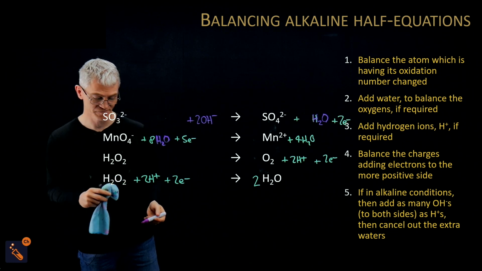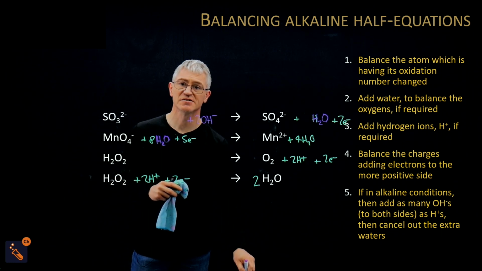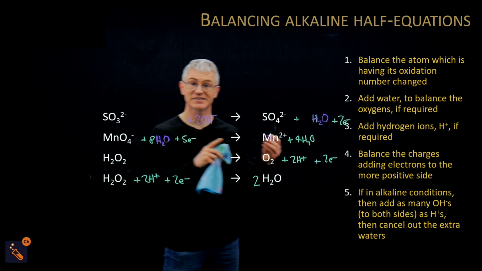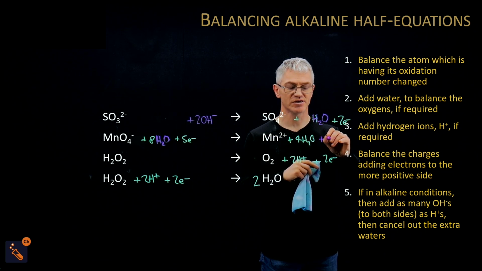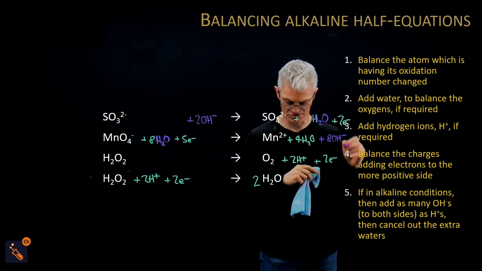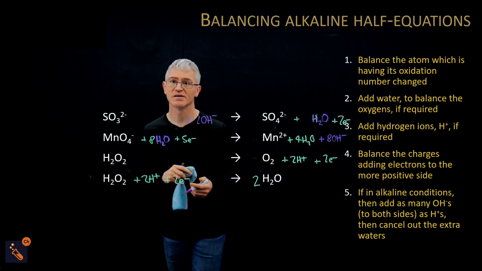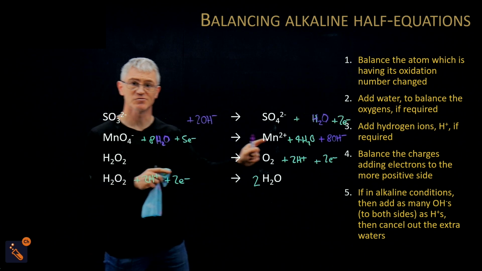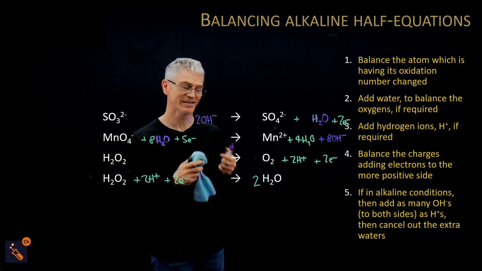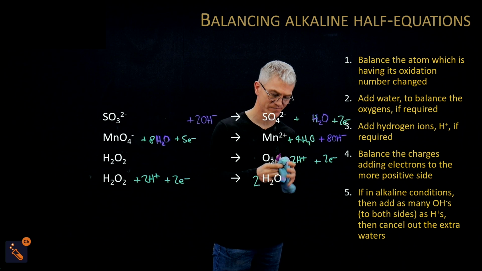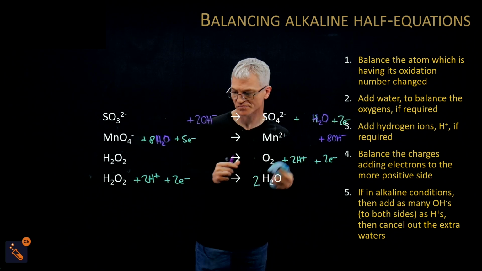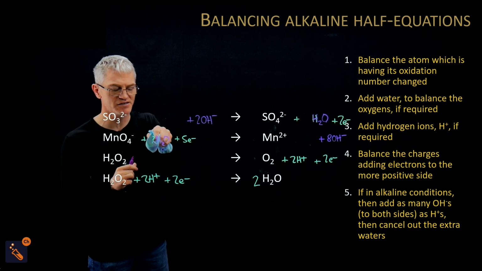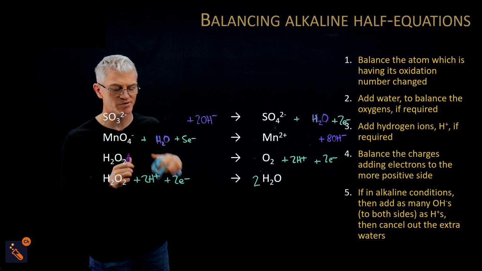Okay, and that's what we've got. Now, if that's the case, we have to add the 8 OH minuses on the other side. So let's get that in the right place. 8 OH minus. Okay. Then we have to cancel out the waters. 4 there, 8 there. Well, I can't have them on both sides. So I'm going to cancel out my 4, and I'm going to cancel the 8. And that leaves behind